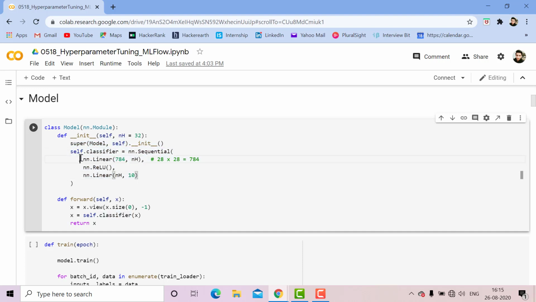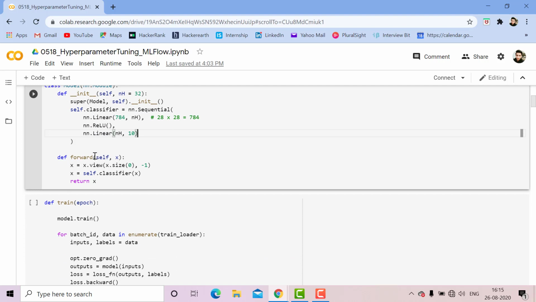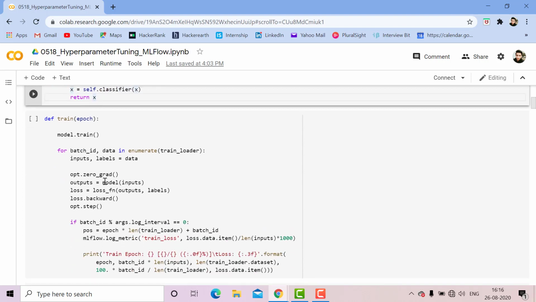You can see nn.Linear, nn.ReLU, nn.Linear function, which are the values of the nn.Sequential function. Now let's move forward to the forward function with self, x as parameter. Here x is equal to x.view function with x.size of 0, -1. x is equal to self.classifier of x, and this function returns x.